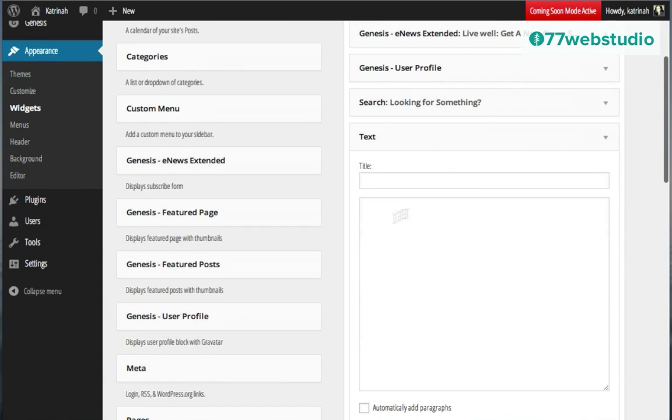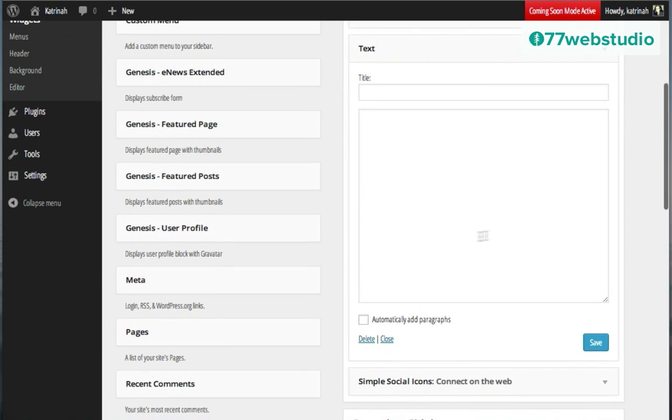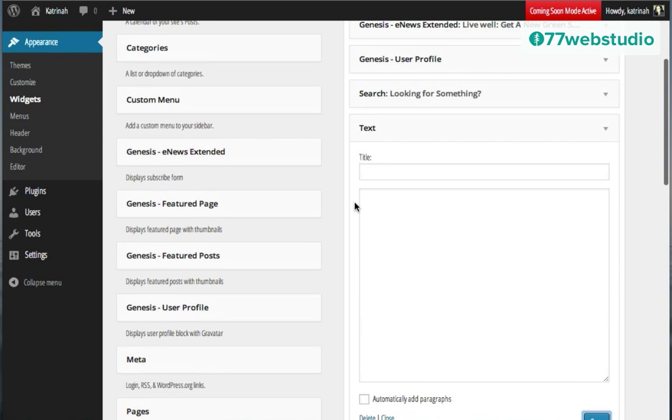And this is where we want to add our image. So we don't have an image yet and we don't have a link. So I'm just going to save this as a placeholder by clicking on Save. The next step is we need to add both an image as well as a new page so that we can link the image to the new page.